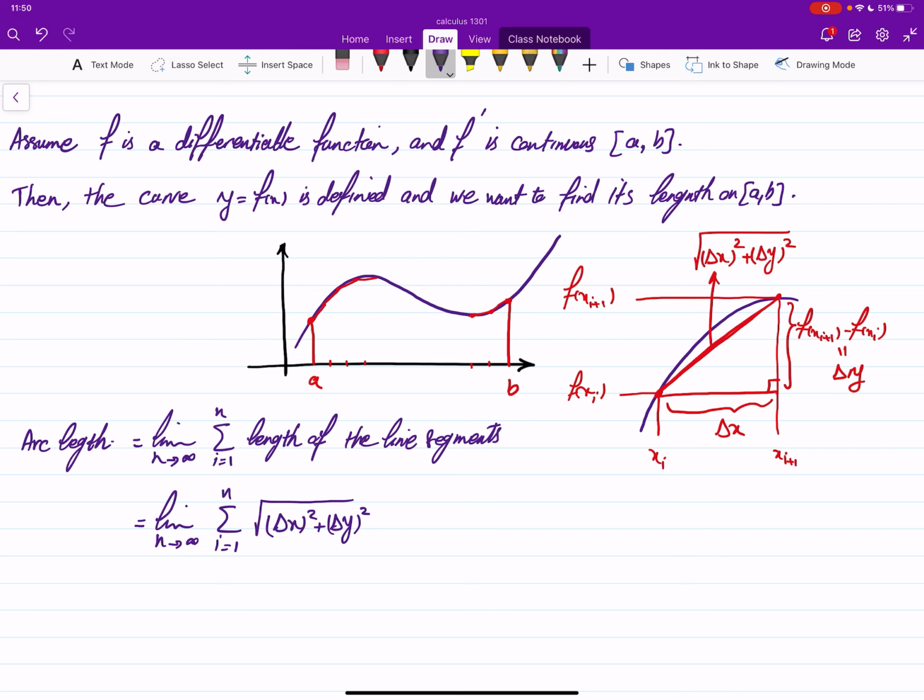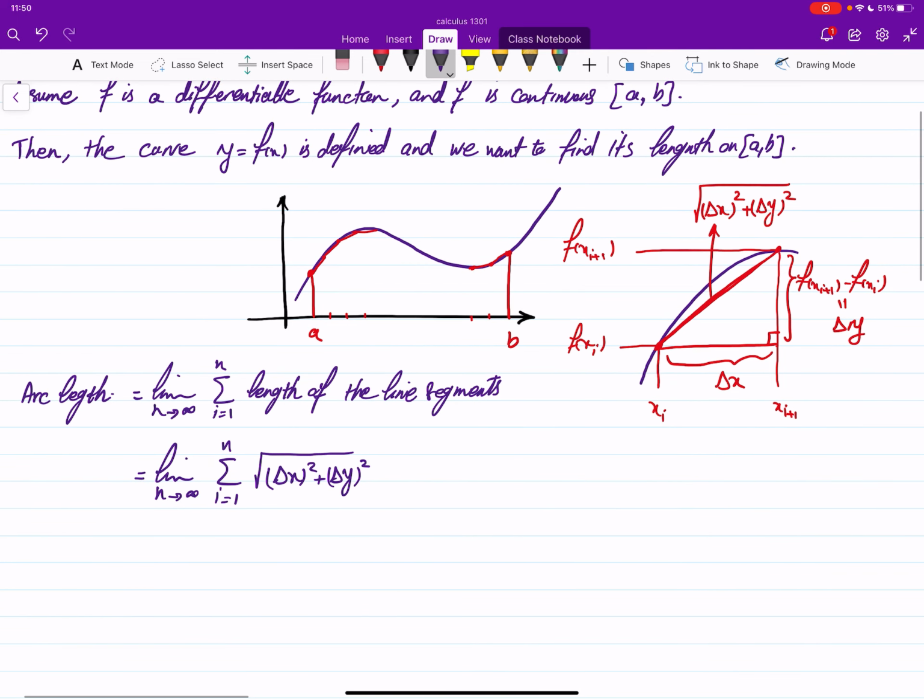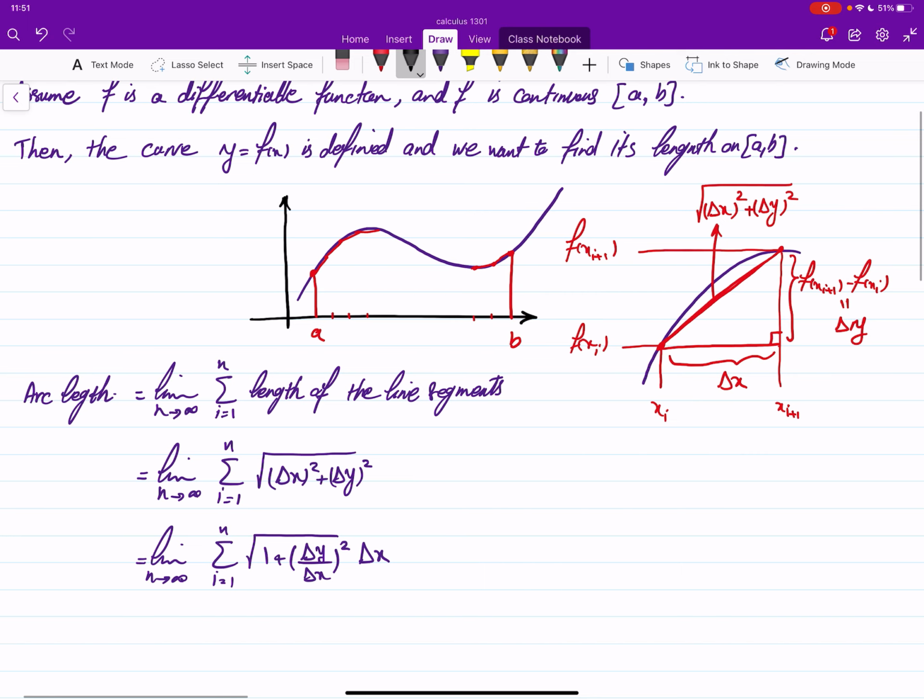If I factor out delta x squared, I get the square root of 1 plus delta y over delta x, squared, and outside the square root of delta x squared, which is just delta x. Why am I writing it this way? Recall that we had this Riemann sum, which was of the form